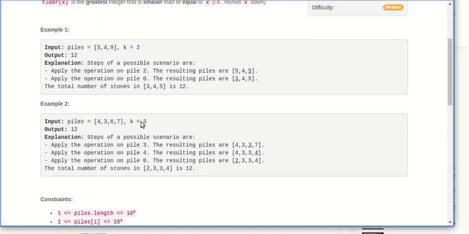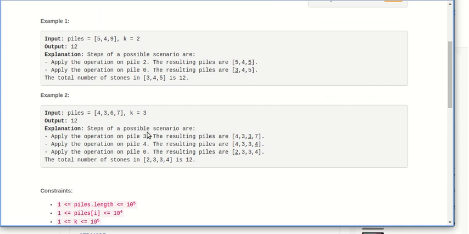So let's check out the example. See the second example. In the second example we can see, first we are choosing 6, then we are choosing the fourth index, 4, and then we are removing this index, the first index. So the resultant will be 12. One thing we can see, the one with the highest number is removed first. So 7 is removed first, then 6 we will remove, then 4 we will remove. This way we will do, and each time we also have to sort it.